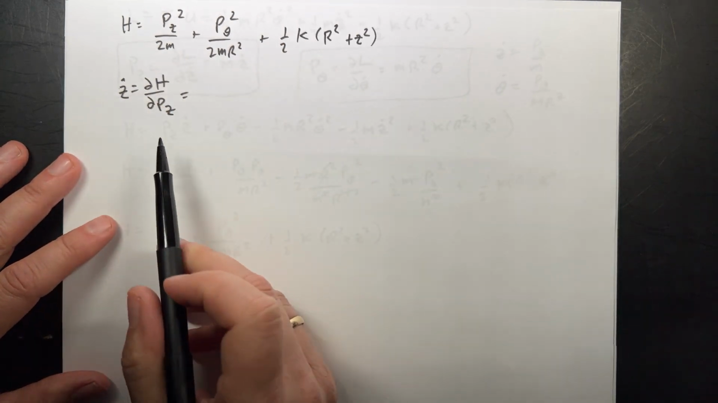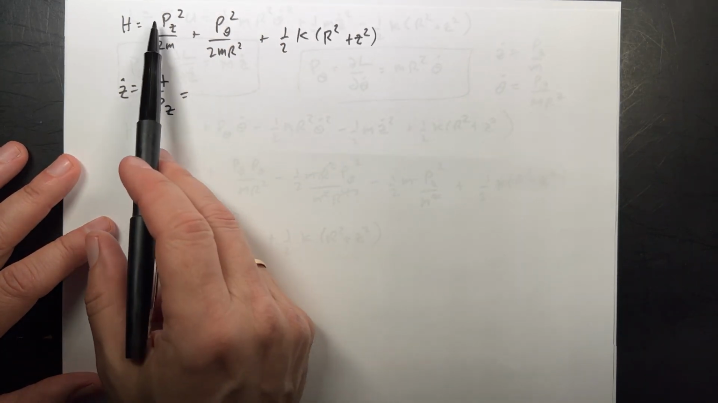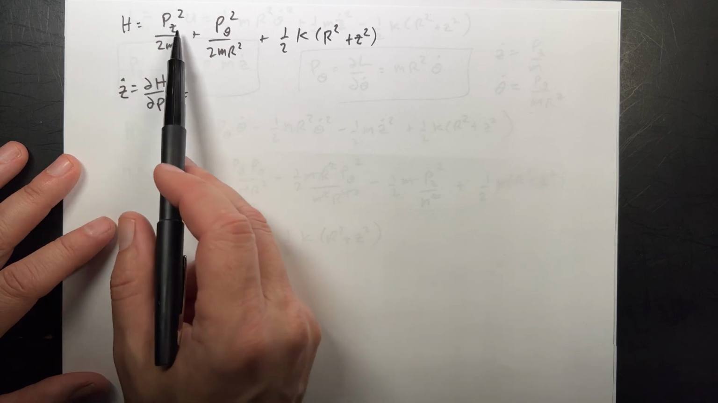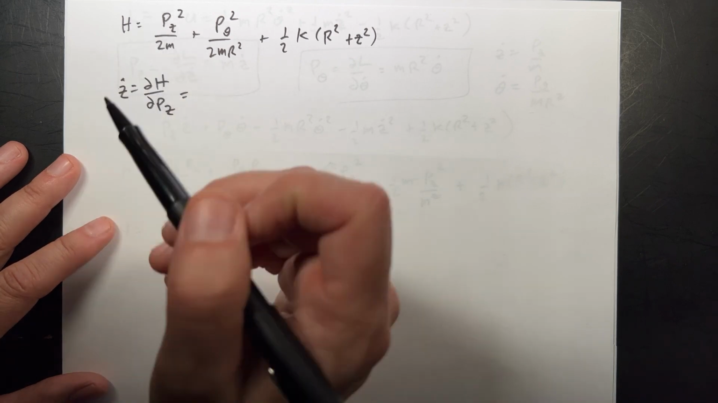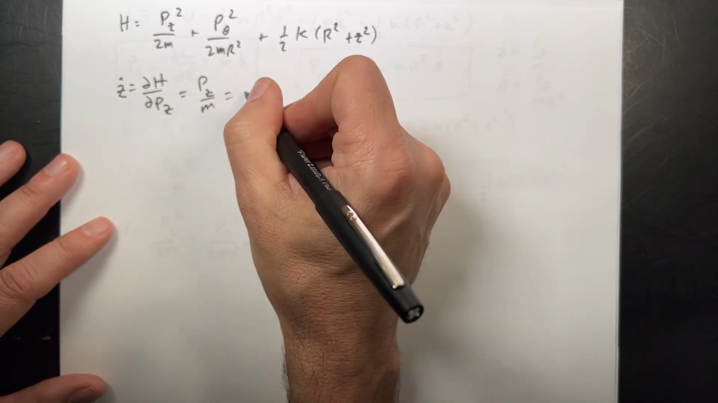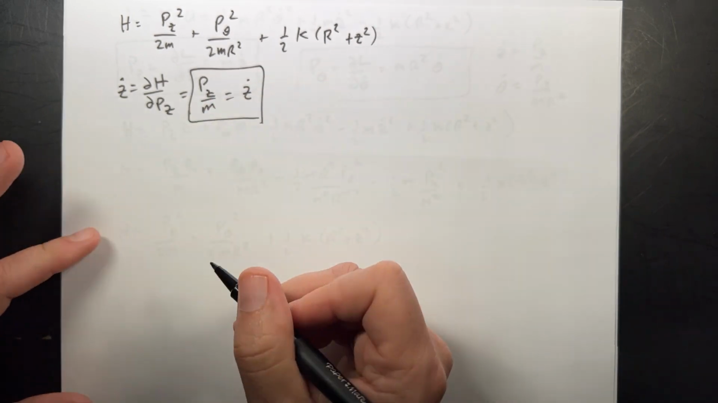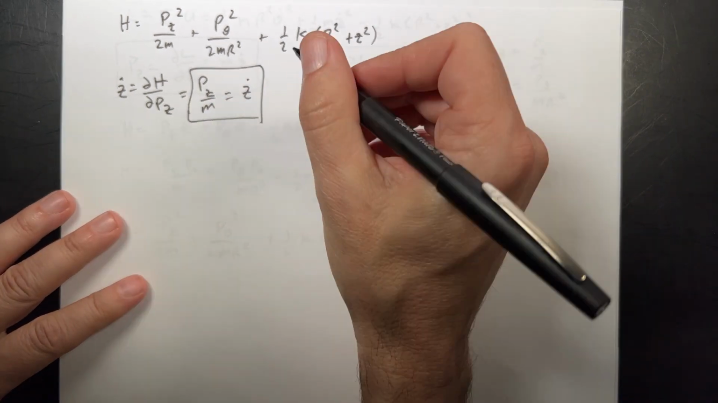So let's do that. So z dot is going to be the partial of h with respect to pz. There's only one pz term, it's right here. So I bring down the 2, and I get pz over m, equals z dot, which is exactly what we had before. Okay, so that's not actually that useful. The other equation,